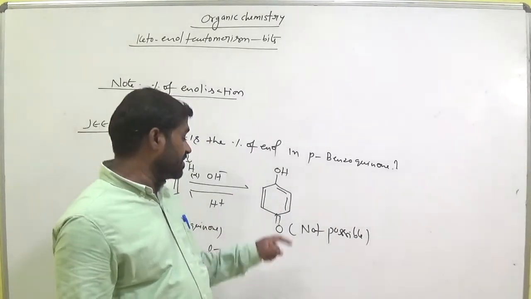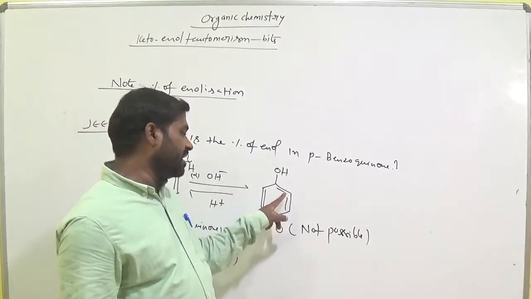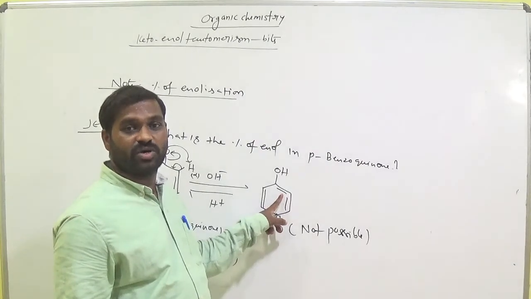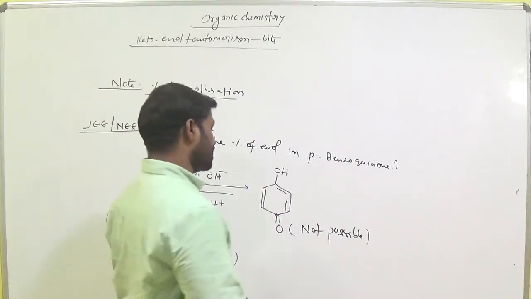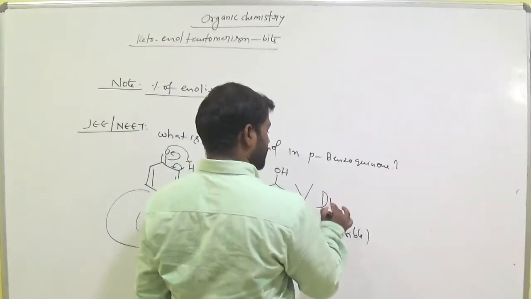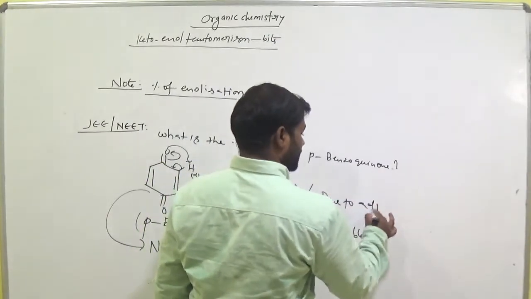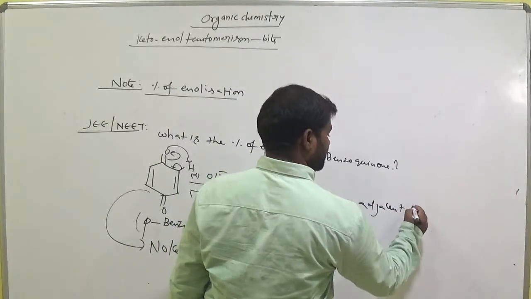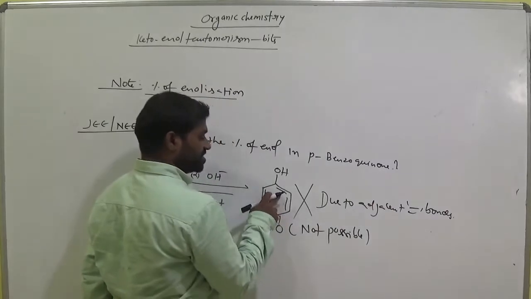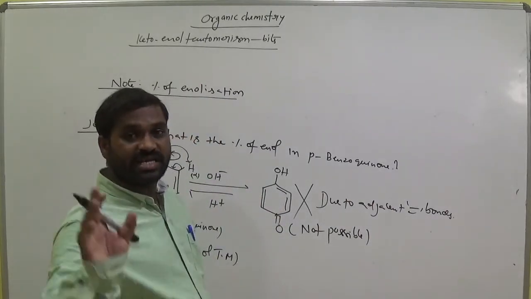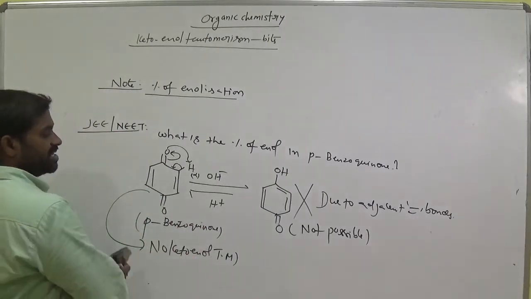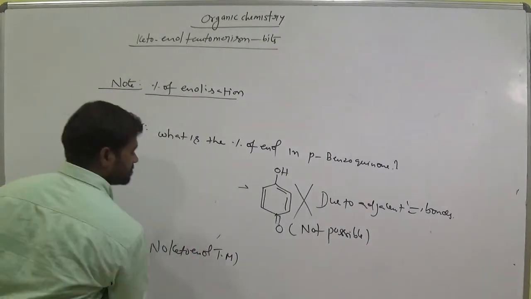Remember one thing here, it is a pi bond. Again immediately one pi bond is there. So such kind of bonds are unstable. There is no existence. Okay, so these molecules do not exist due to adjacent double bonds. Here it is a double bond, it is also a double bond, immediately a double bond. So such kind of molecule does not exist. Okay, so this molecule does not give an enol product. Keep it in our mind, very very important.